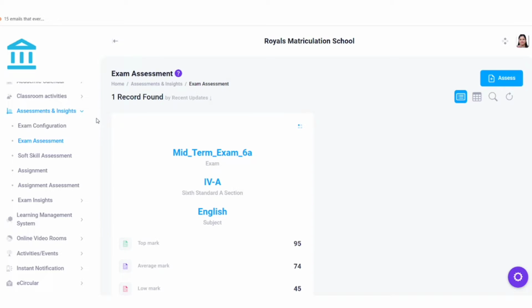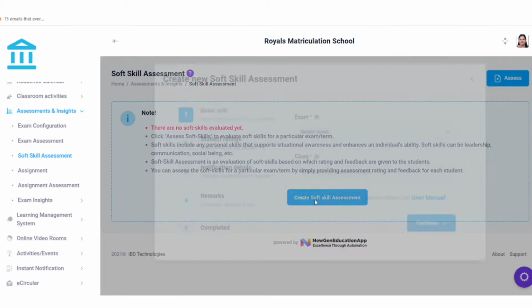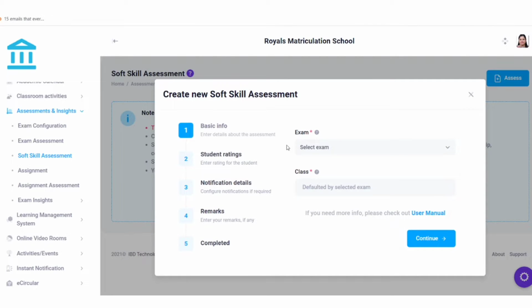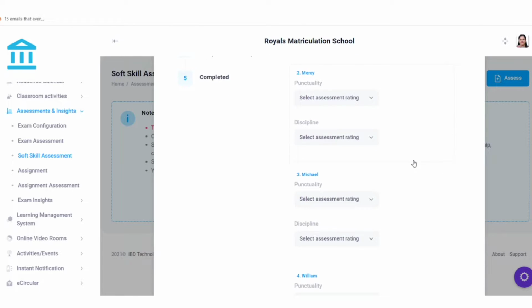So once the exam assessment is done, if you want to assess any soft skills, if you have configured during the examination and you want to assess it, then you can click on soft skill assessment. So here you can evaluate various personal skills required. To do that, click on create soft skill assessment. A pop-up screen appears wherein you need to fill all the necessary details. So select the exam for which the soft skill needs to be assessed and then select the class. Click on continue. So automatically the system will bring the student name who was studying in this particular class,